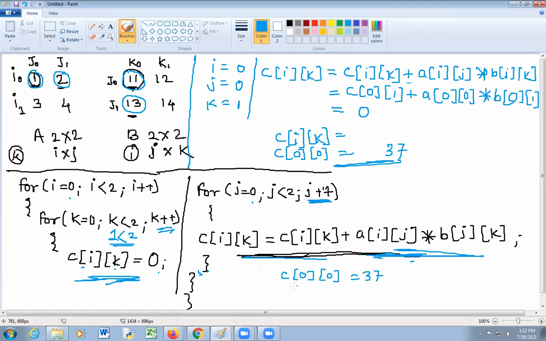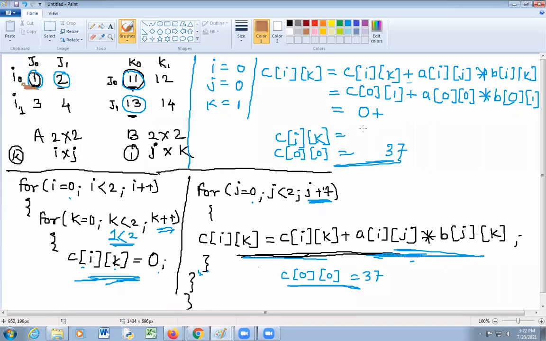We have found it. Okay, then c of 0 1 is equal to 0 plus a of 0 0. So i 0, j 0, this is 1.